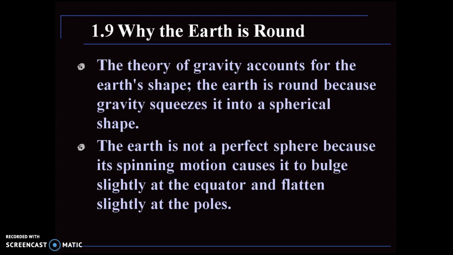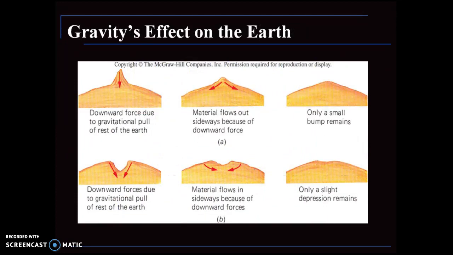Due to gravity, the Earth squeezes itself and takes the form of a sphere. The Earth is not a perfect sphere because its spinning motion causes it to bulge slightly at the equator and flatten slightly at the poles. Gravity's effect on the Earth: let's say you had some pokey areas or some areas that bulge a little bit. Because of gravity, they would keep falling down. There is a downward force due to the gravity pull,